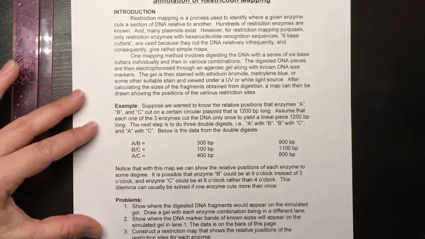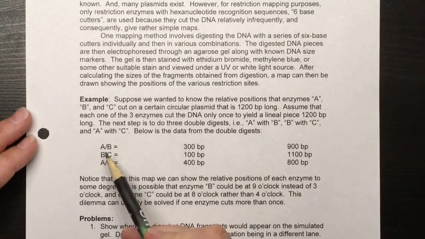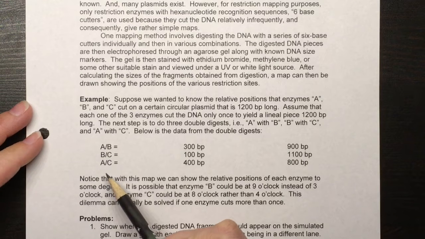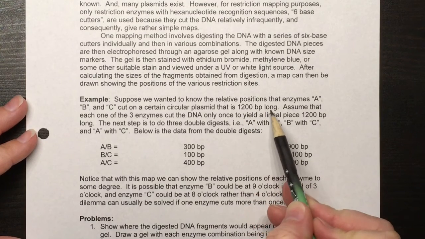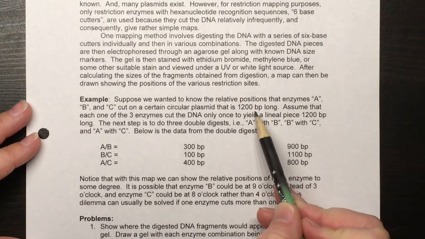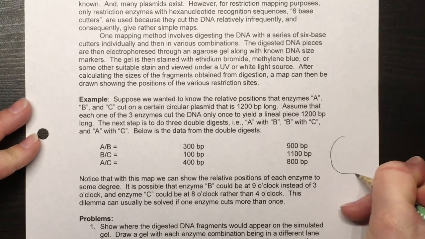So what we're going to look at is restriction enzymes A, B, and C cutting a plasmid. When they were first run through gel electrophoresis, whether A, B, or C was run through, there was a circular plasmid that was 1,200 base pairs long, which indicates that they each cut one time. So that if you have a circular plasmid,